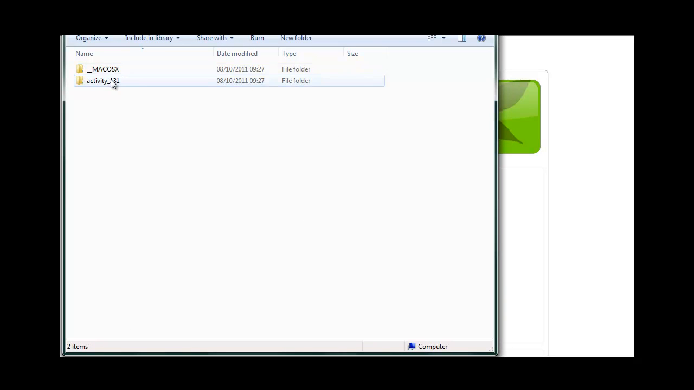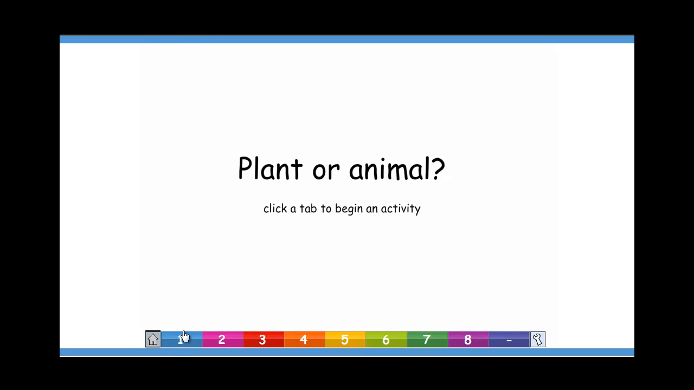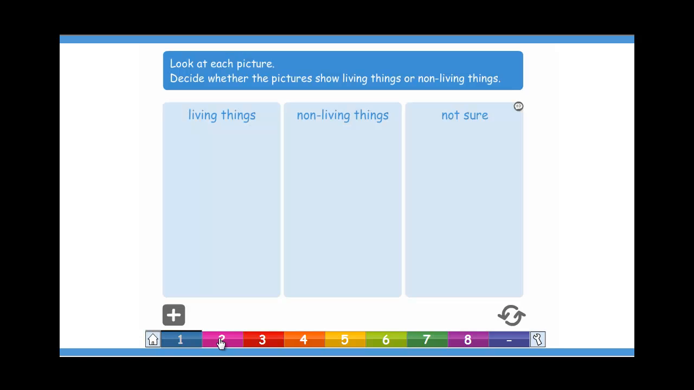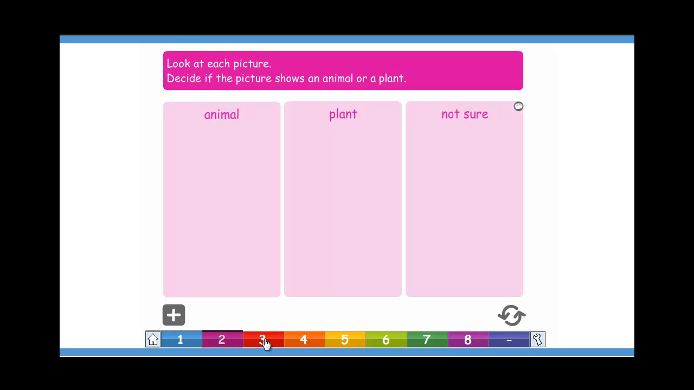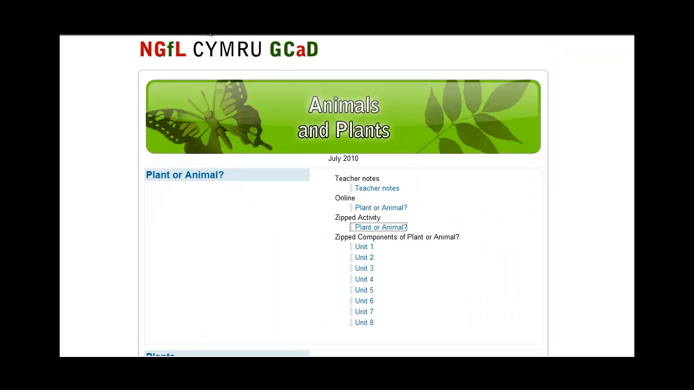You'll see that we've got a Mac version and a Windows version. I've got the Windows version, and I'm going to go to the index. And you'll see that it's opened up the whole of the units. So I've got each activity sitting within a shell, but I might just want activity 3. I might not have wanted all of it. So if we go back and just go to unit 3,